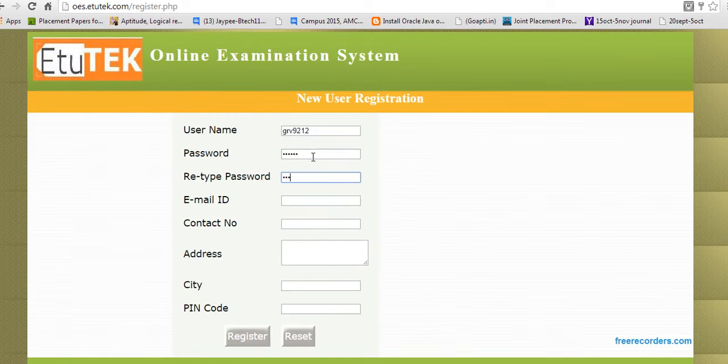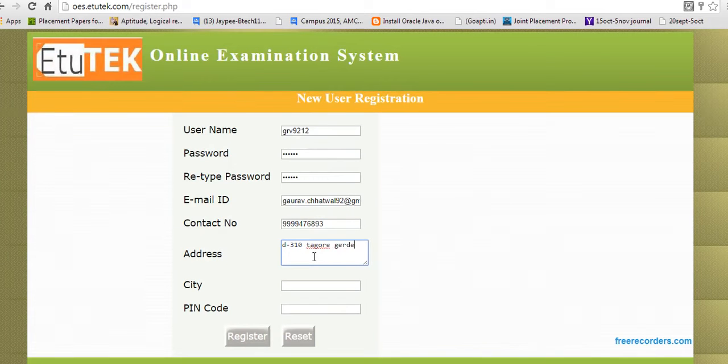Again I type the password Gaurav. Email ID is gaurav.chattwl92@gmail.com. Contact number is 9999476893. Address is someone like D310 Tagore Garden,